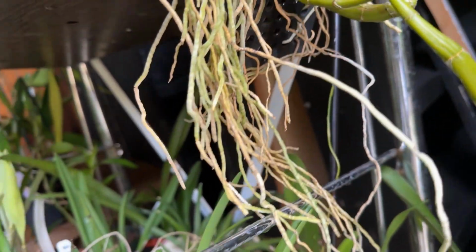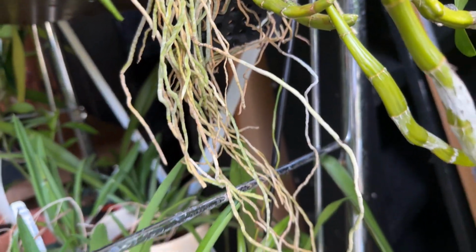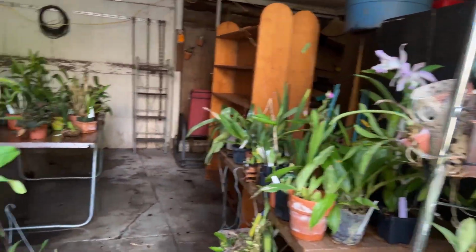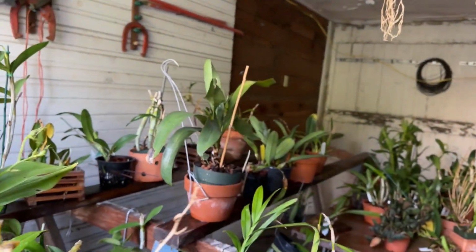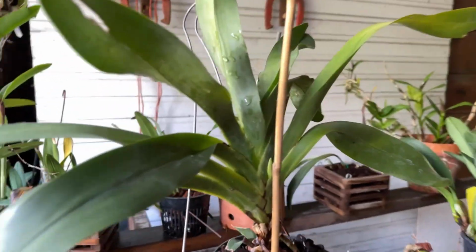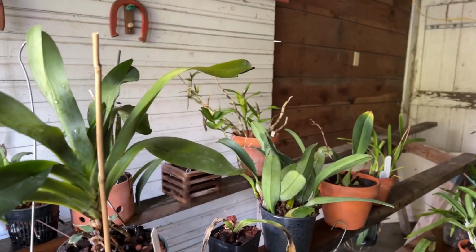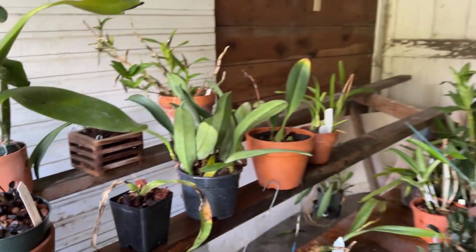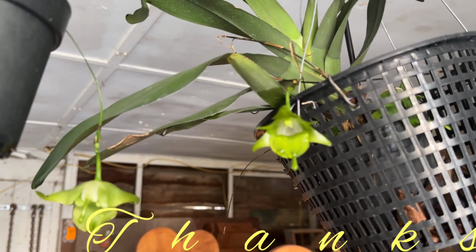And let's see. Let's check on this. It's that Angraecum. And there is the spike coming up. Still viable. Yay. Can't wait to see those flowers. That should be really nice. And there's a lot more coming, folks, really. But this is not one that is to be ignored as well. But there's that bud that is about to